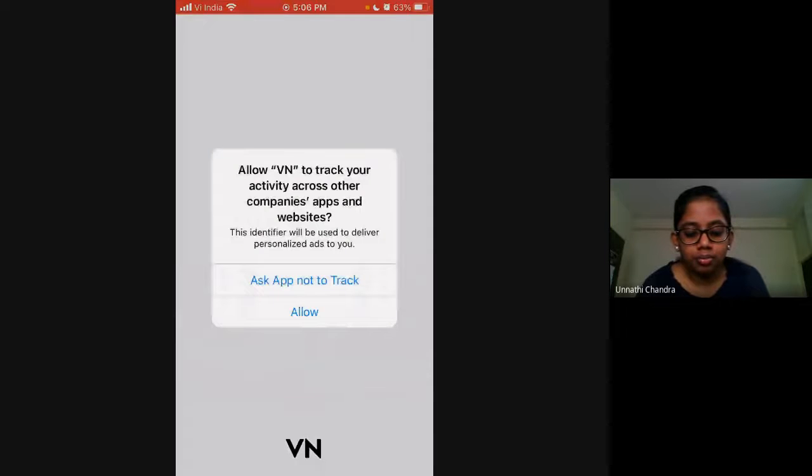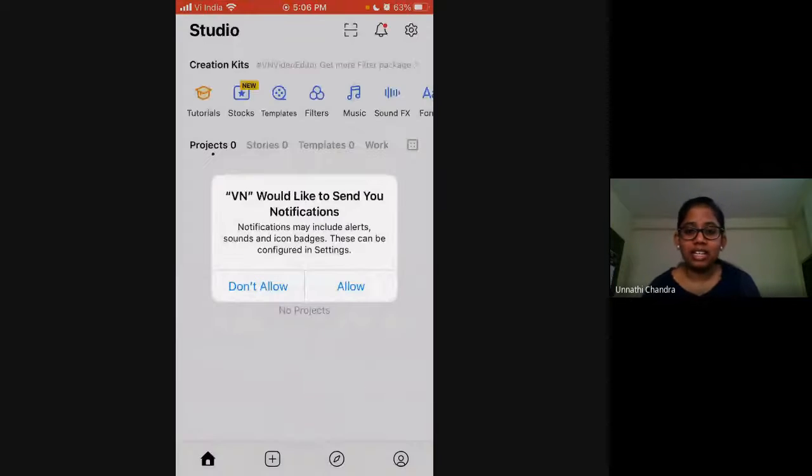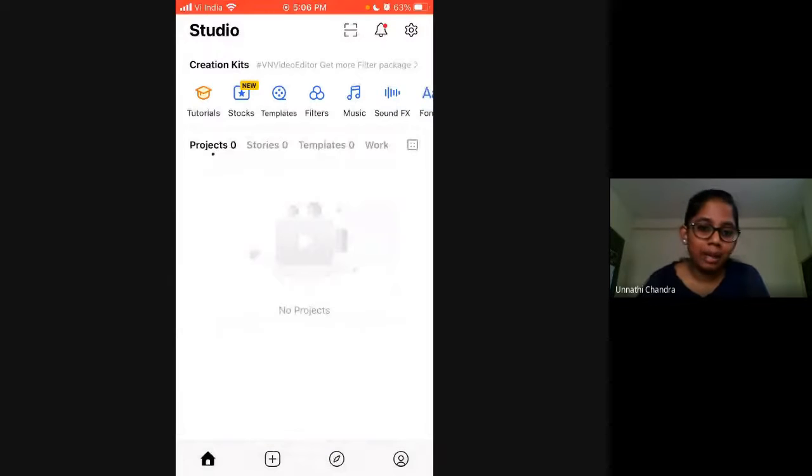Now, VN Editor is basically like it has preset templates, all right? You need not edit it from scratch. The app will do the editing for you. You can select whichever template you want and select the photos and maybe videos, and it will all sync the photos to the beat. I'll just give you a glimpse.